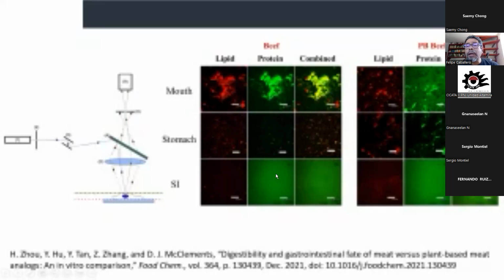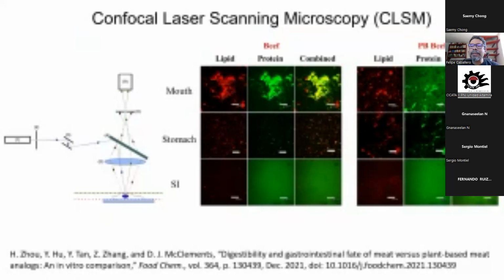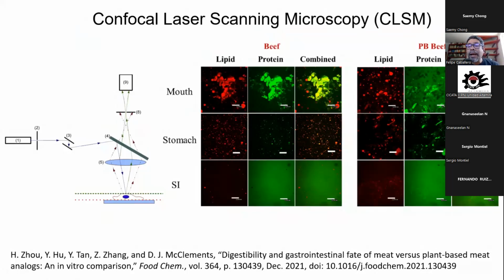So if we go to the plant-based beef, you see that the lipids and proteins are more distributed in the space. So they are more small structures, because the plant-based beef, as we saw, is made by processing, by extrusion or by shear cell-based technology. So the lipids and proteins are very well distributed, and in the stomach,